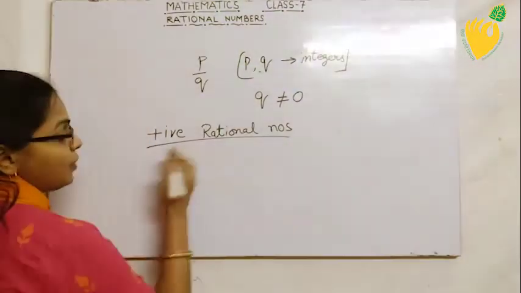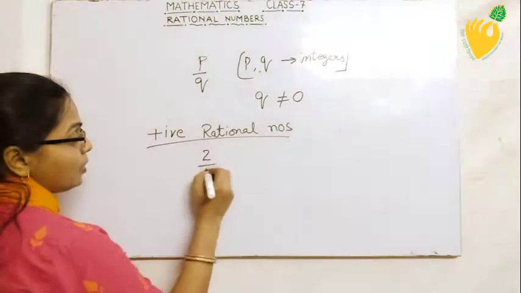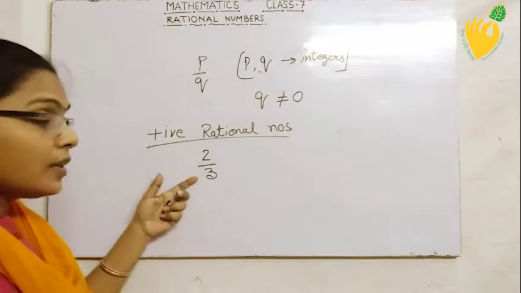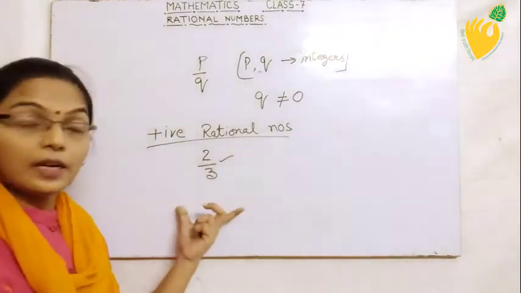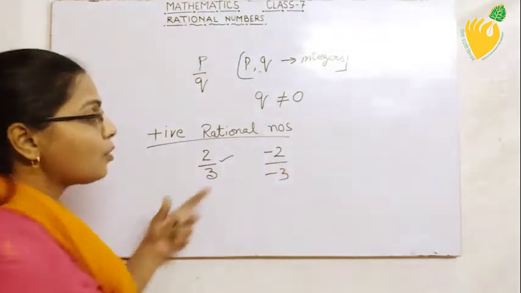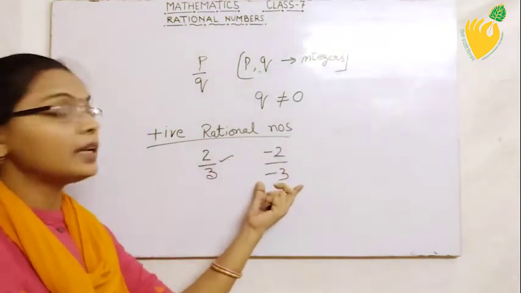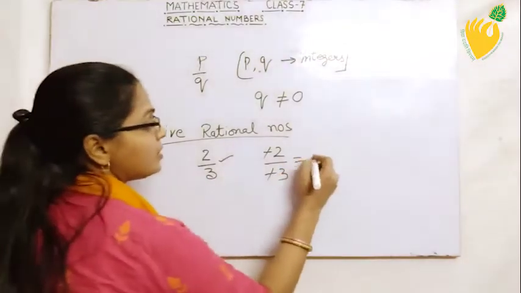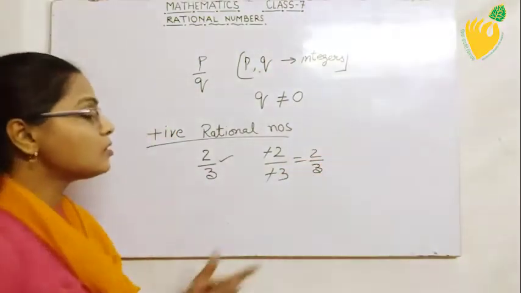Suppose students, if we take an example, 2 upon 3, both numerator and denominator are positive, then this is a rational number. In this case, again minus 2 upon minus 3, both the numerator and denominator are negative. We can easily cancel the negative sign, then the result is again 2 upon 3,